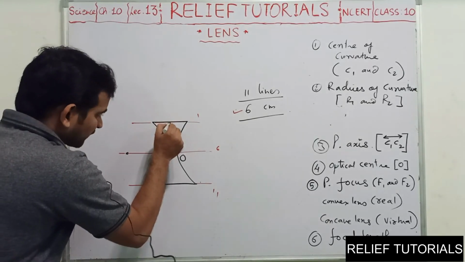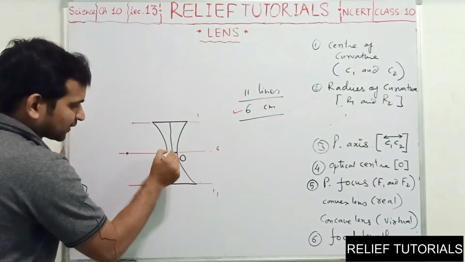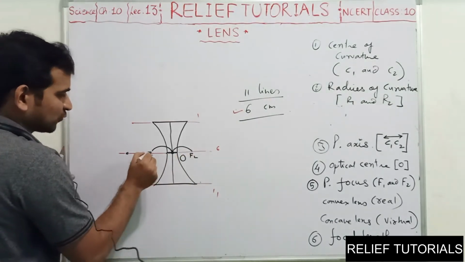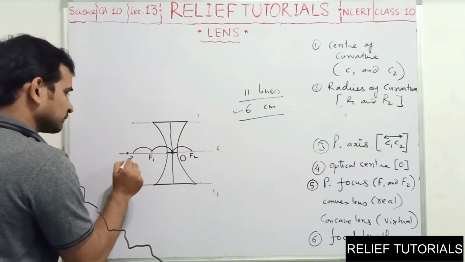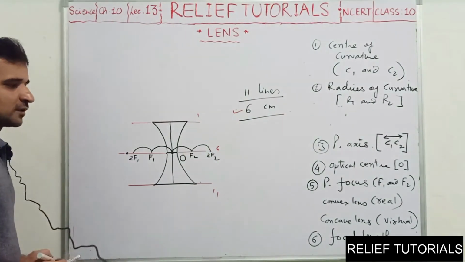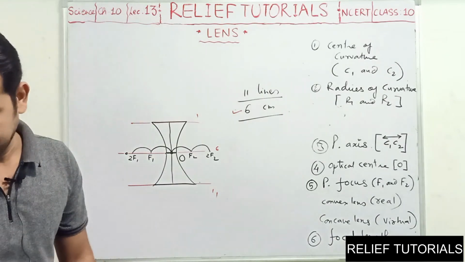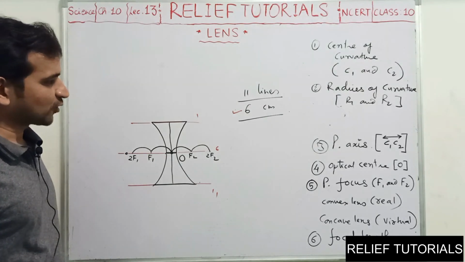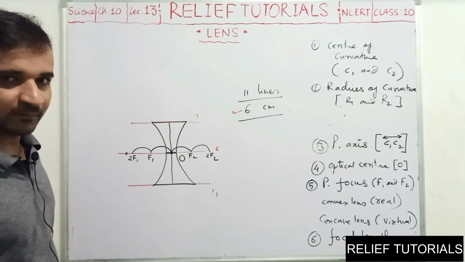Now draw the vertical light line like this. So this is the optical center. 3 centimeter on both sides. We will have F1, F2, and more 3 centimeter. Again it will not fall on C1 and C2. So it is 2F1 and 2F2. Remember, there is no importance of C1 and C2 in both types of lenses. So 6 terms connected to lenses. Important terms are there. Make the notes of this. That's all for today. Best of luck.